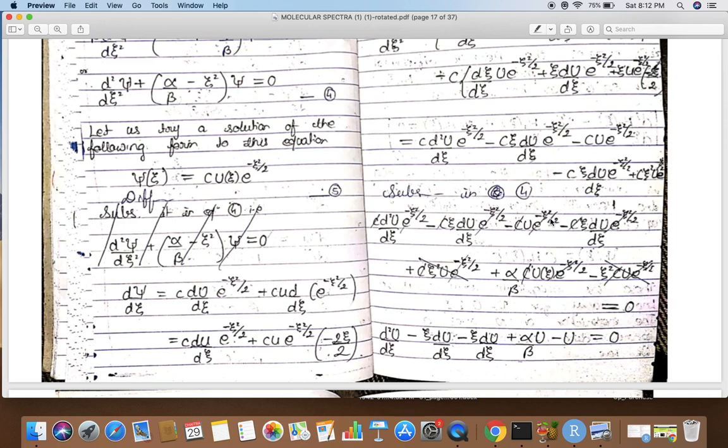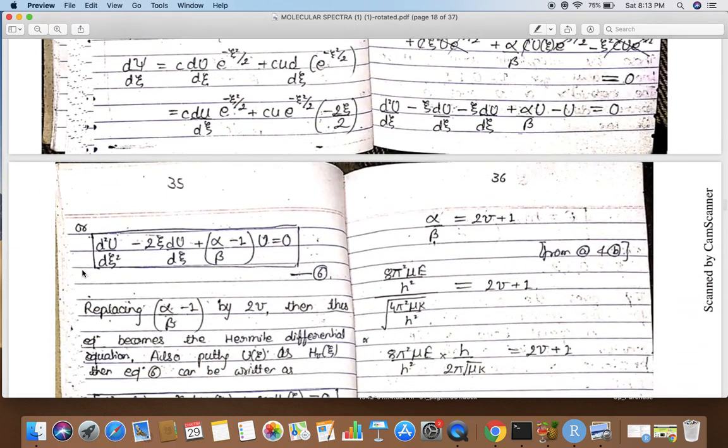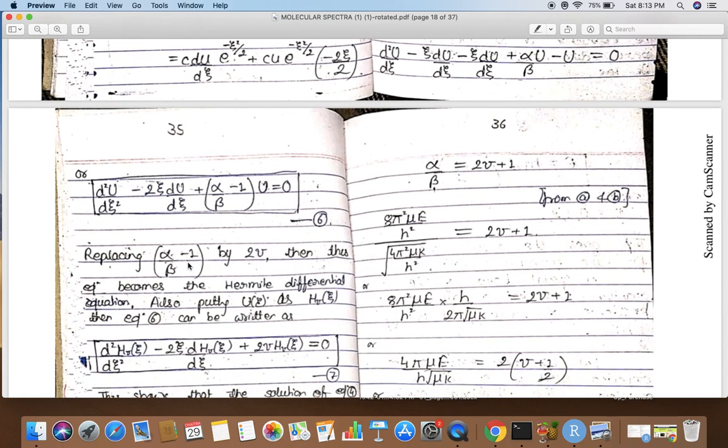These two terms are cancelling out. This term and this term will cancel out. Okay. Now you have a differential equation: d square u by d xi square minus 2 xi du by d xi plus alpha divided by beta minus 1 of u is equal to 0. Now again this quantity will be replaced with the help of 2 nu, and it becomes a Hermite differential equation